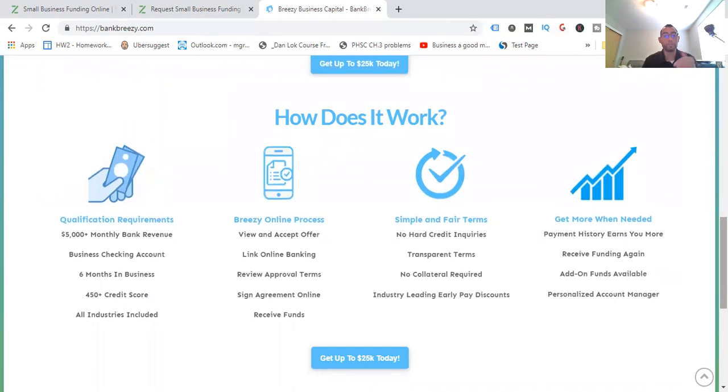You get a back office, so you're keeping track of all these things. Simple and fair terms, no hard credit inquiries, transparent terms, no collateral is required. Unlike Lendza, where it might ask for that depending on the type of position you're in. Startup, you're not a startup. There's rates on how to add it onto that. So if you're not a startup and you're looking at Lendza, I would start looking at something like Bank Breezy,